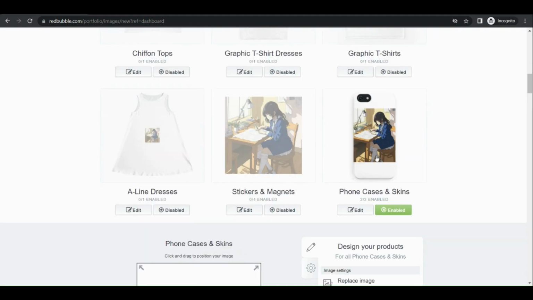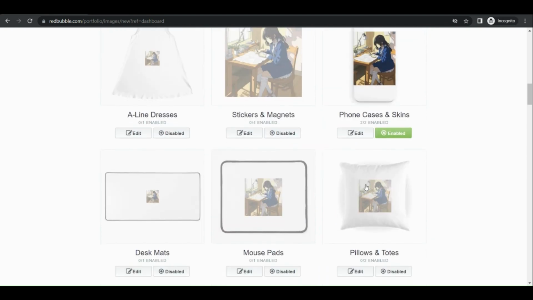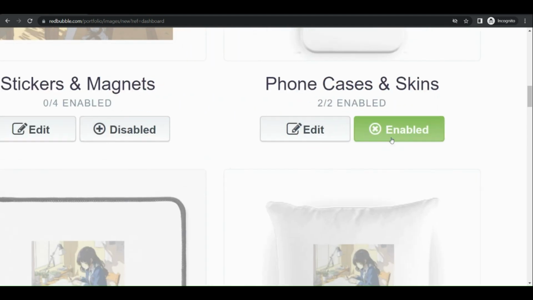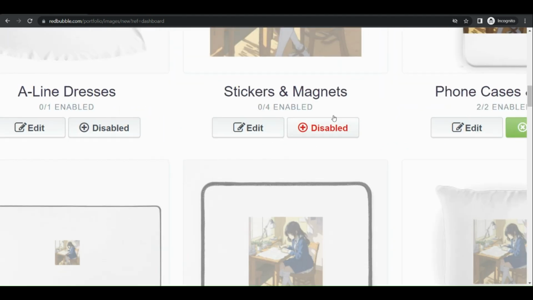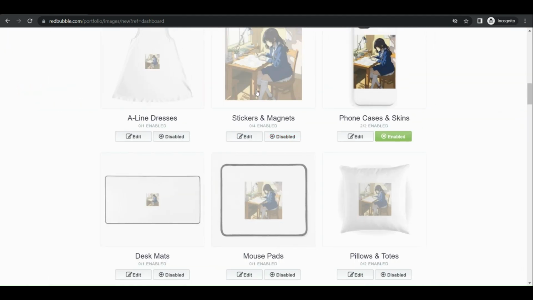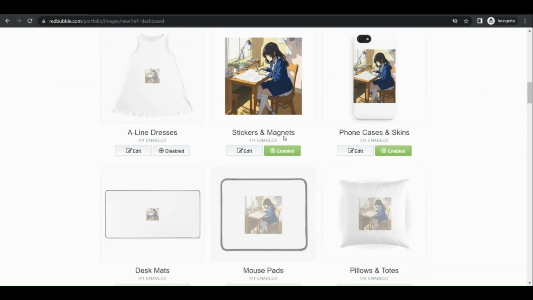Now here, as you can see, the phone cases and skins are enabled, and for those images that you see disabled and you want to sell, you just need to click on the disabled button and enable it. In that way you can actually sell that product. All right,